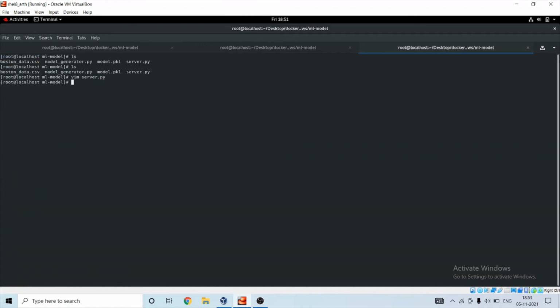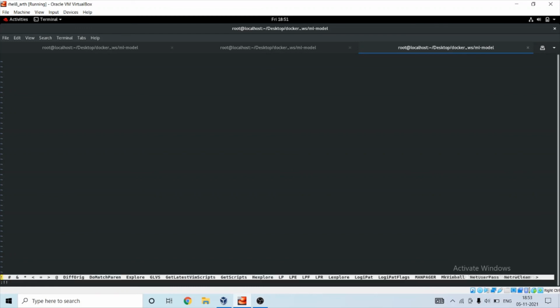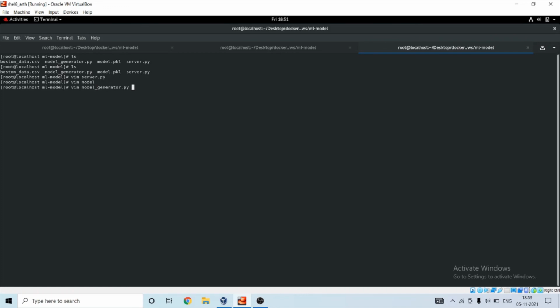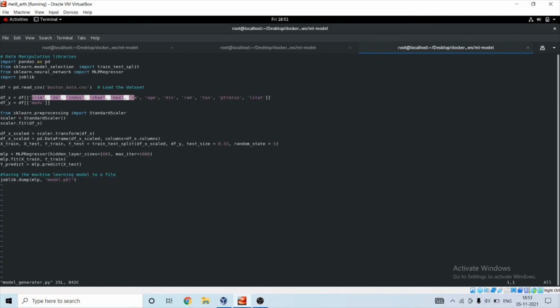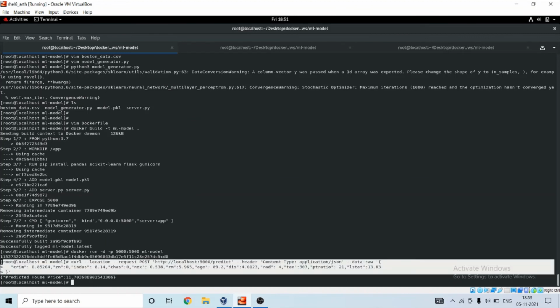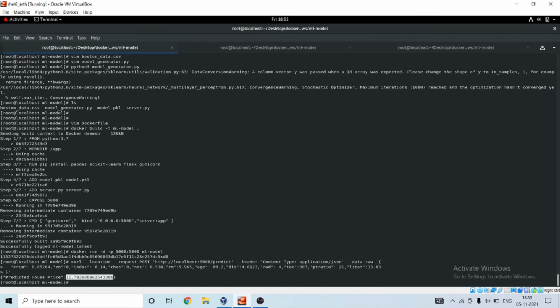I will show you from the model generator. So these are the values this model will be accepting. I have given all the values here, and according to them it has predicted a price of this.